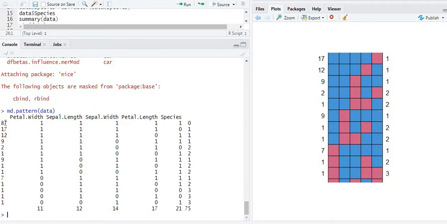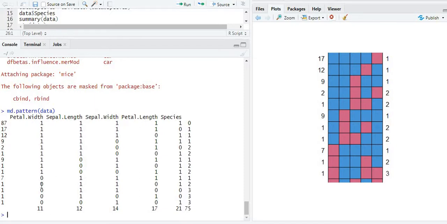The first row in the output shows 87 rows with 0 missing values. Then 70 rows have a missing value in the species column, 17 rows have a missing value in the species column, and 12 rows have a missing value in the petal length column, and so on. 0 indicates a missing value and 1 indicates no missing value.